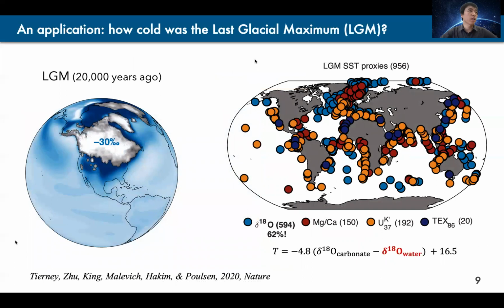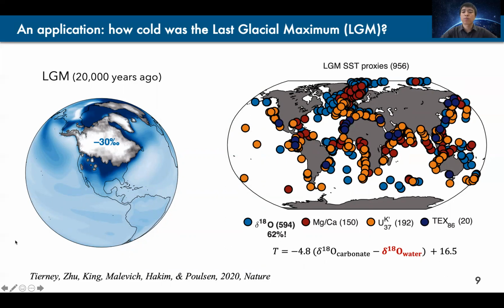So in the next few minutes, I want to show you an application. The question we ask is a simple one: how cold was the Last Glacial Maximum? The LGM occurred roughly 20,000 years ago, and the climate was colder because of lower CO2. And we have ice sheets built up over the high latitudes, which will trap light water. As a result, the mean ocean water delta 18O will be higher. And because of the differences in thermodynamics and ocean-atmosphere circulations, the delta 18O of seawater should also be different from